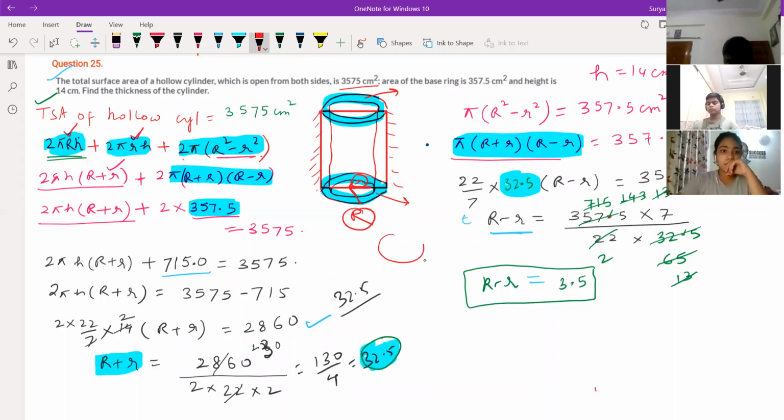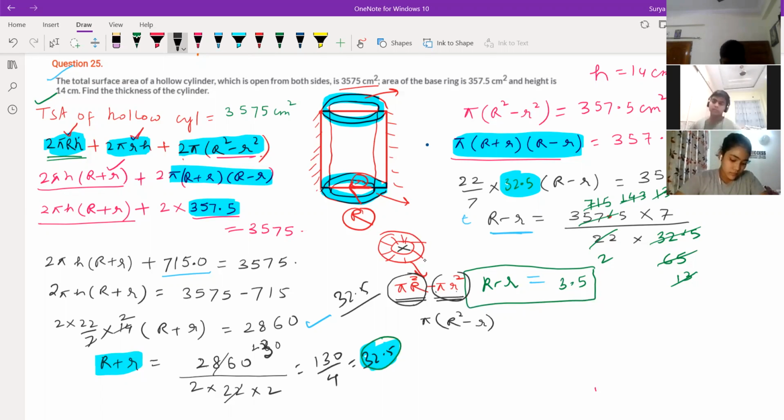See, if you are drawing the circle like this, we want this area, right? So for this area, what can we write? Pi into capital R square minus pi into small r square. It's clear? Because we don't want the inside part, so we are removing pi r square from pi capital R square. Understood? So this is repeating how many times? 2 times. The same thing I've written here.